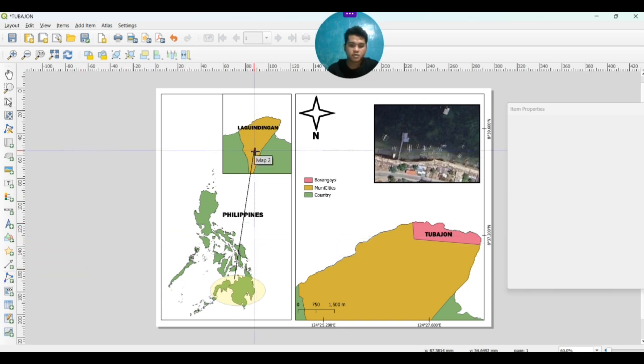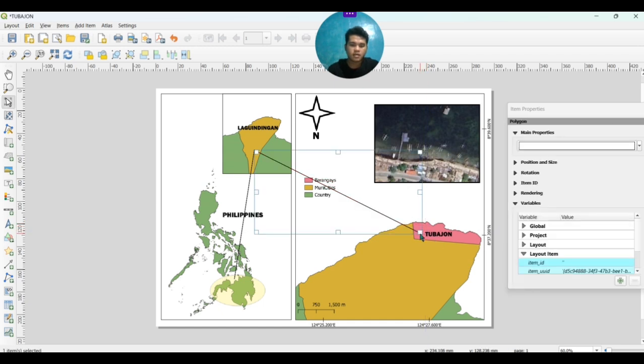And from that point I just want to click on to Tubahon and then right click it, and add more polygon, just what I've done earlier, then connect it to the satellite view.